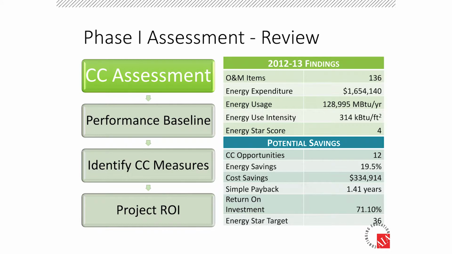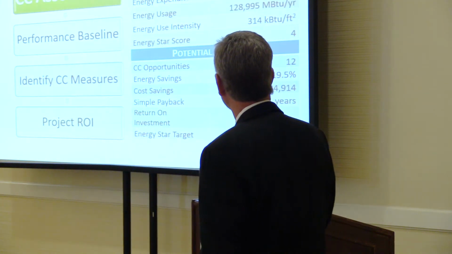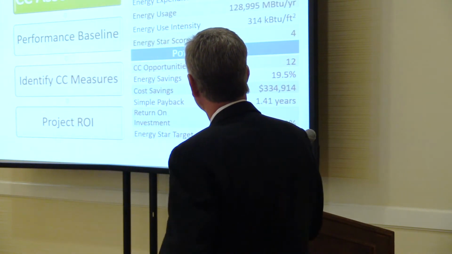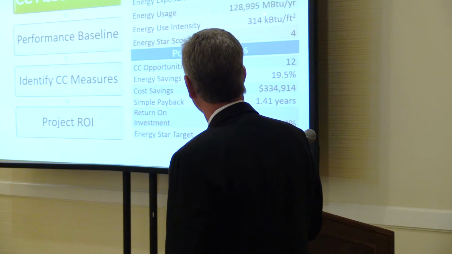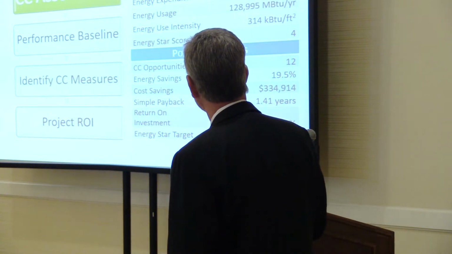So here's a little review of what we found in that assessment period. We established a baseline. We identified those measures that I pointed out, and we came up with a projected ROI. We identified 136 O&M items. We certainly documented the total energy spend, the energy use intensity, the Energy Star score again, and these are the